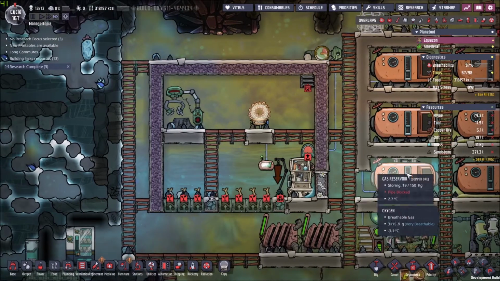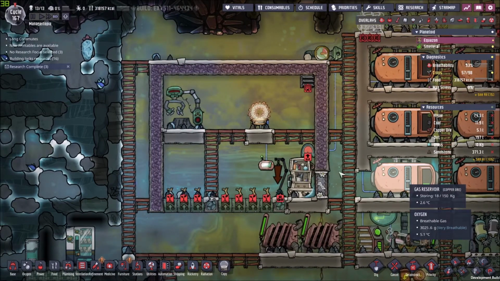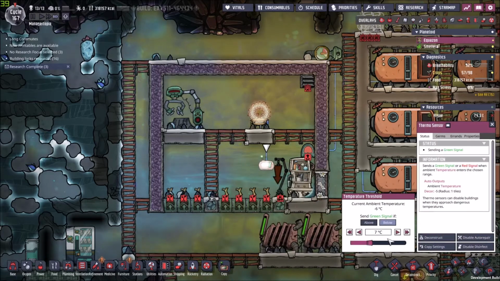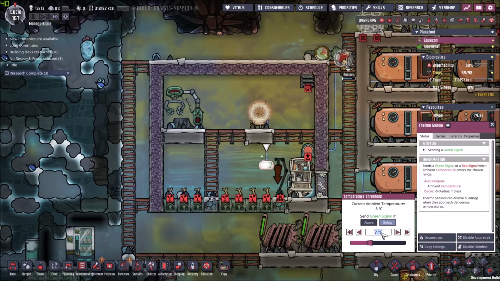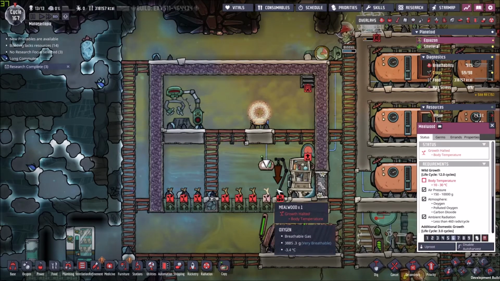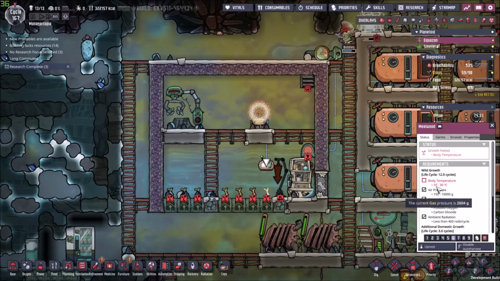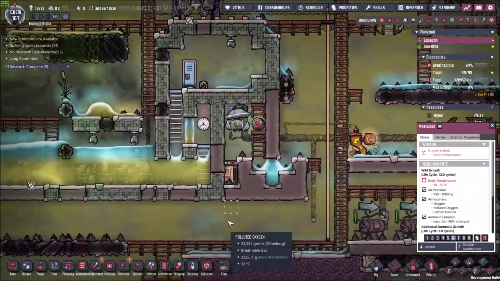Now, let's go over the automation for this place and see if everything works out the way we intended. Right now we have the temperature. We are going to set this up to a nice 20 degrees Celsius. There we go. Reason for that is because the millwood grows between 10 and 30, and the Dracos...